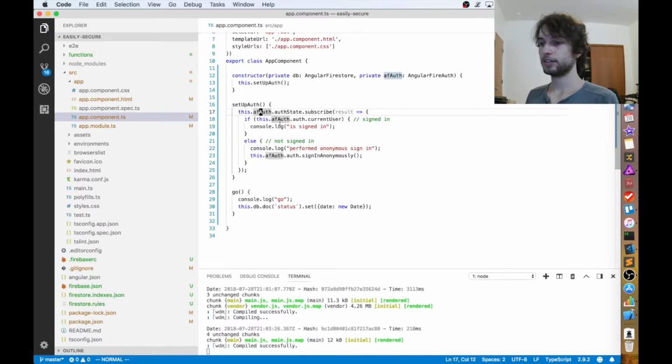Basically, it says AngularFireAuth, I want to be notified when the auth state changes. So initially, this afAuth.auth.currentUser is going to be undefined or null. And so it'll go into the second statement where it says performing anonymous sign in, and then it will call signInAnonymously. And then as soon as it does sign you in, this current user object will be populated with all that info, like the ID,